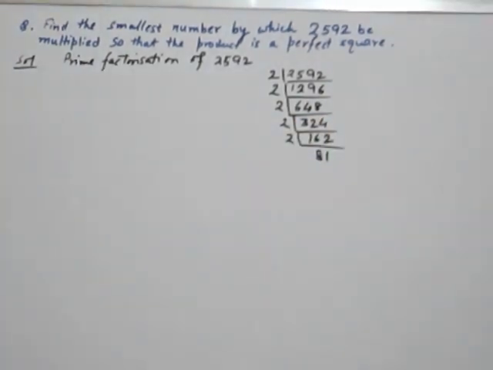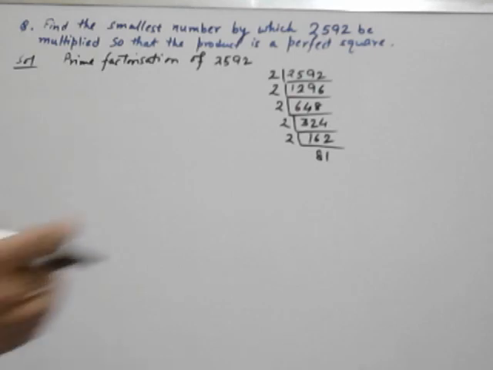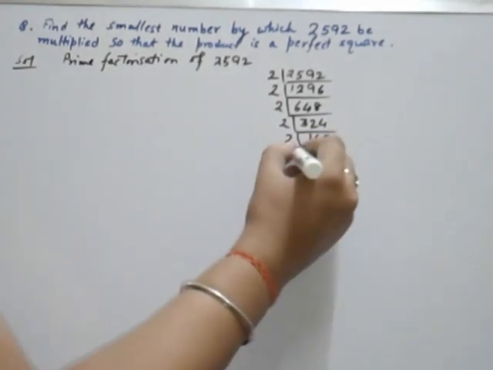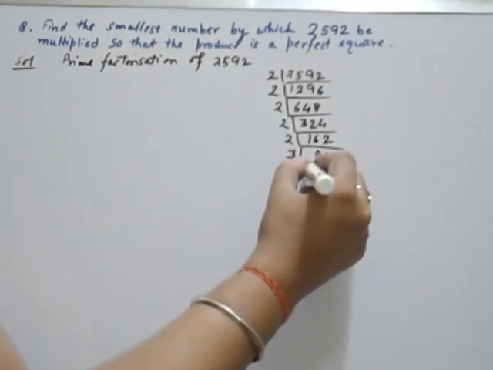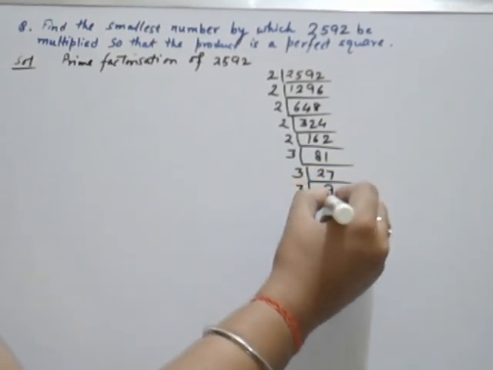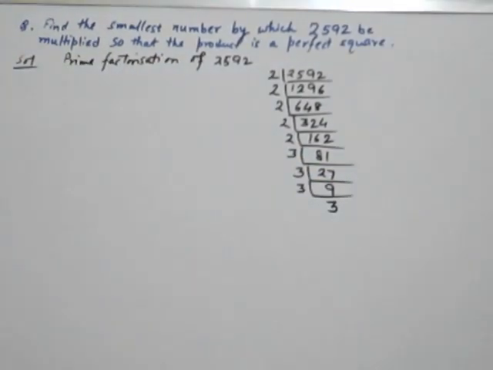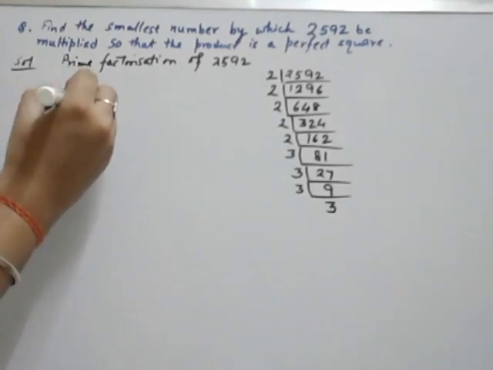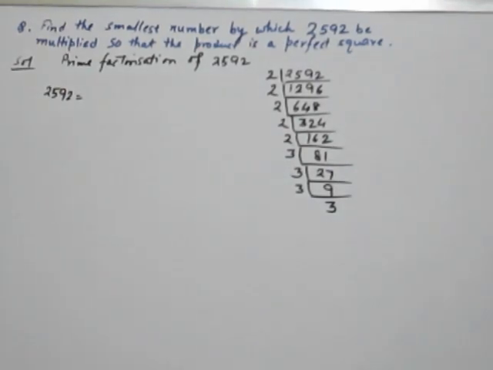Now 81 is not divisible by 2. So next, 8 plus 1 is 9. So 9 is divisible by 3. That means 81 is divisible by 3. Again if you divide by 3, so the result is the prime factorization. 2592, if you express it as a product of primes,